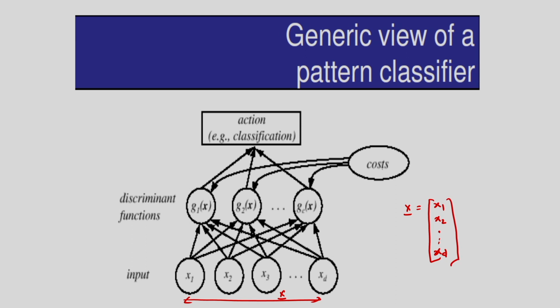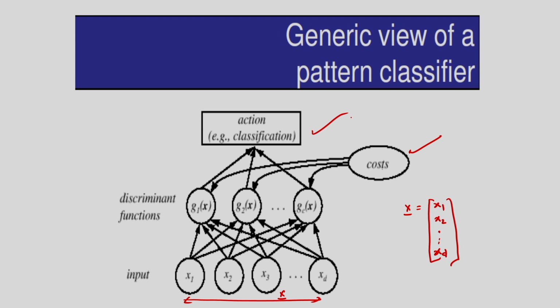And after this you can see I am determining the discriminant function for all the classes. So I am considering c number of classes. So I am determining g1(x), g2(x), like this. And for classification, I have to find the maximum discriminant function. So out of this g1(x), g2(x), gc(x), which one is the maximum I have to determine for classification. That means I have to find the maximum discriminant function, and based on this I can take a classification decision.